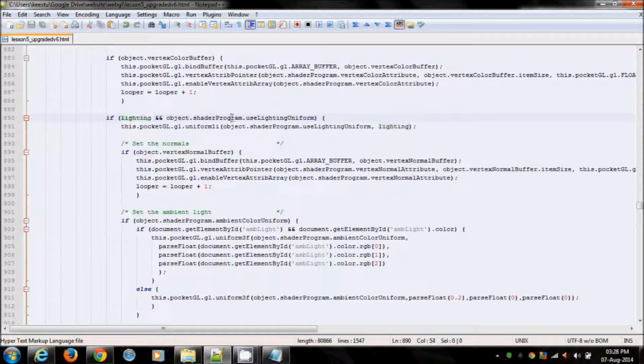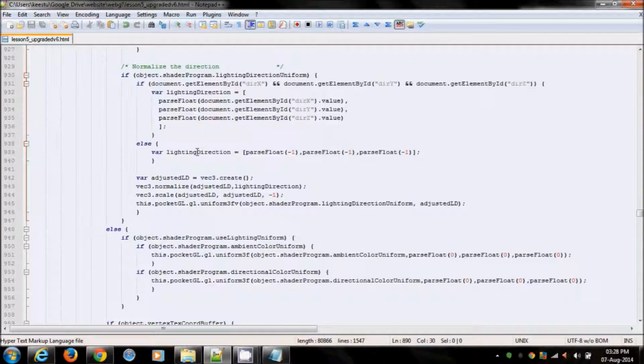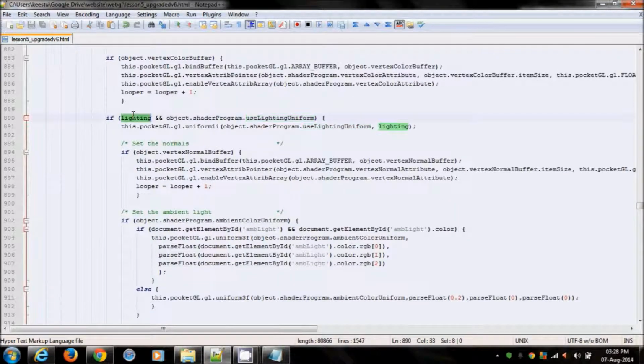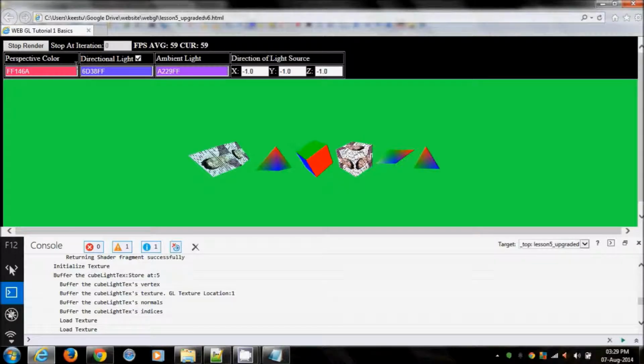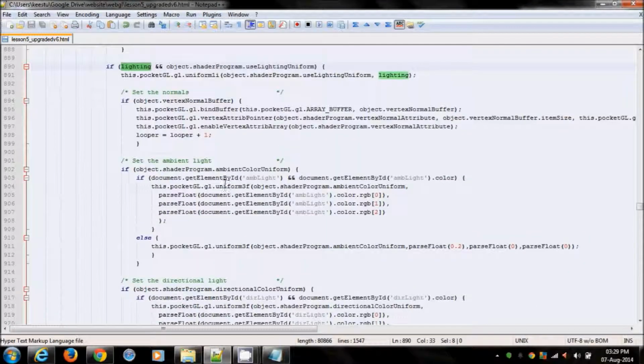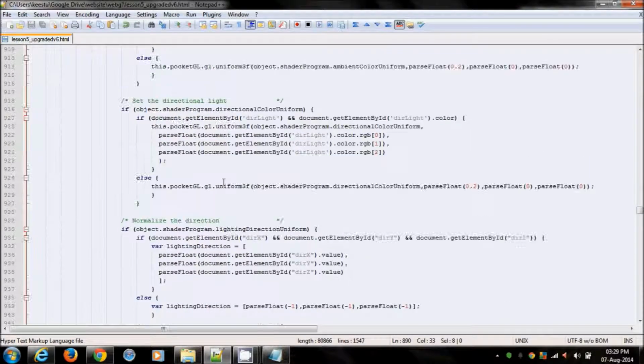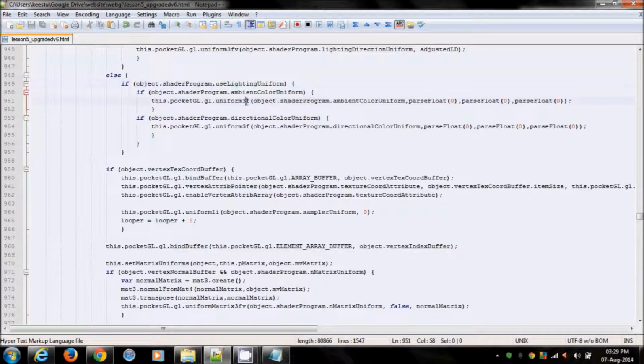The method by which lighting has been handled is that only if the shader program has the lighting uniform and the lighting toggle has been enabled, then you will get lighting. But what if the lighting information, that is the developer toolbar, is not there? In that case, the else has been written, that is, you have toggled it off. The else has been written for the sole purpose of normalizing this. So I have set the ambient as well as the directional color to 0 so that it looks black. This is a choice I have made.